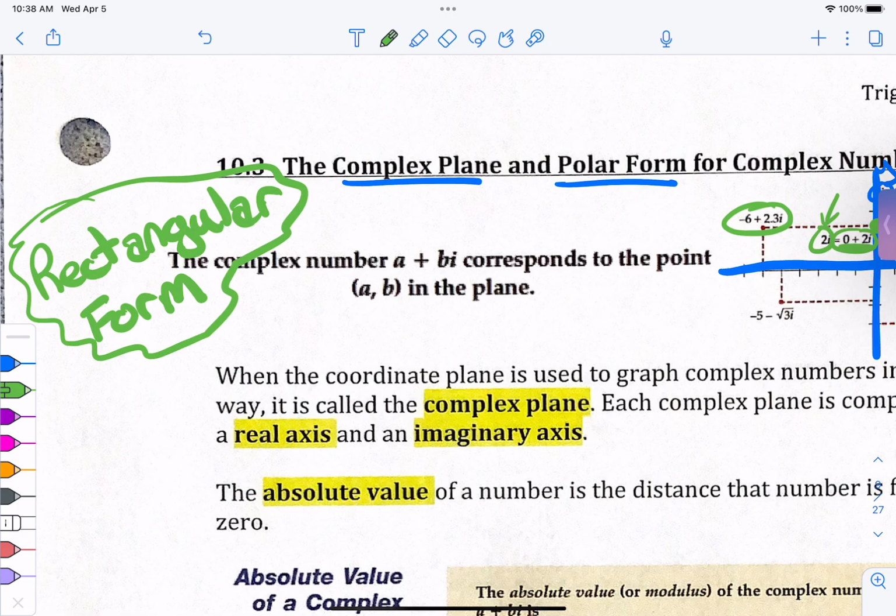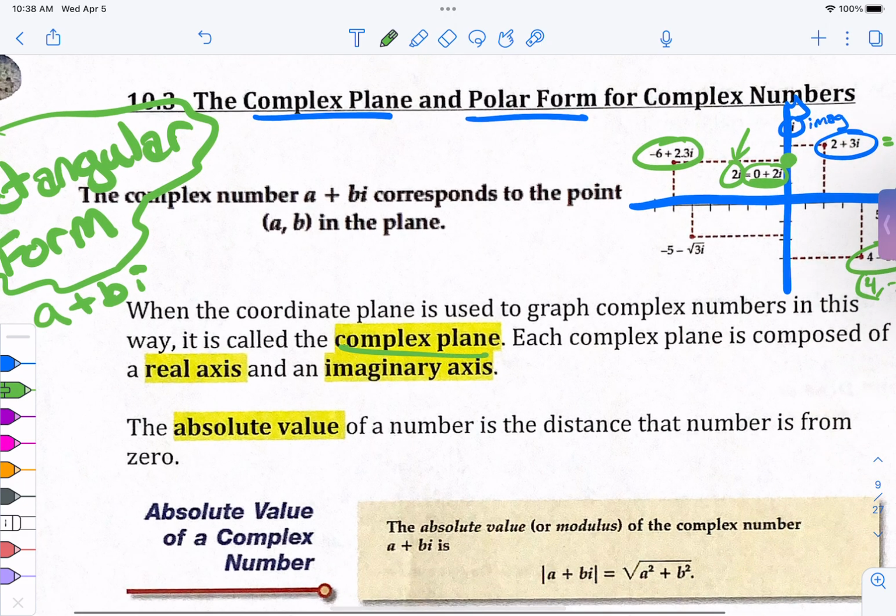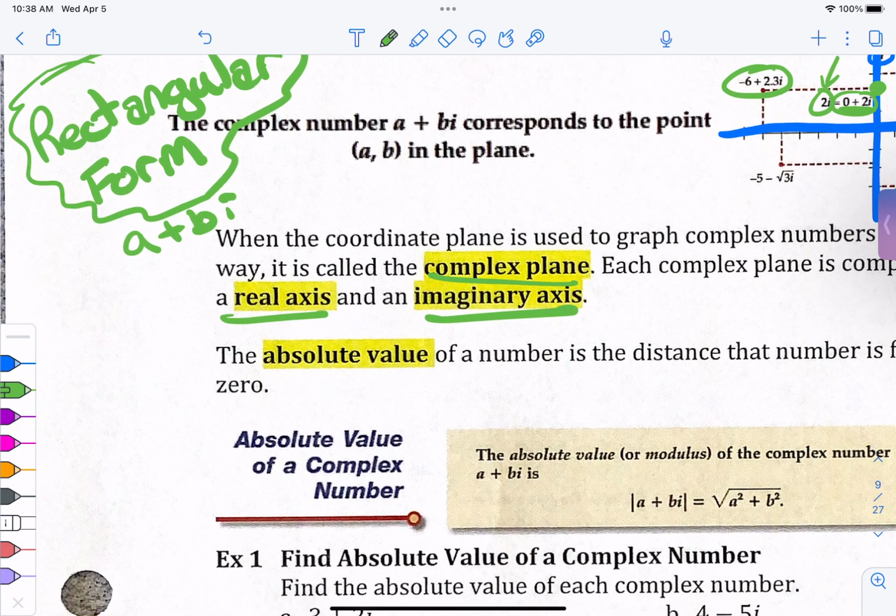Rectangular form is the first one. That is the a plus bi form. If you want to put that off to the side, write it really big: a plus bi form, that's it, okay? That is on a complex plane because the i part is the imaginary part. You have a real axis and imaginary axis, and then they're going to talk about doing stuff with rectangular form,